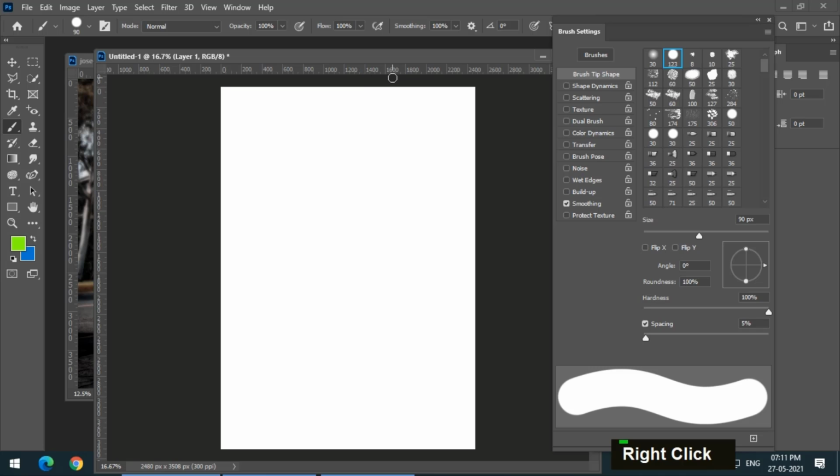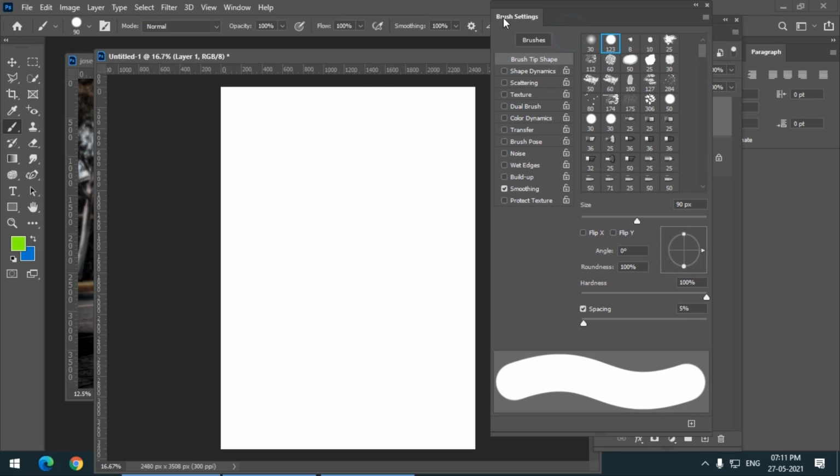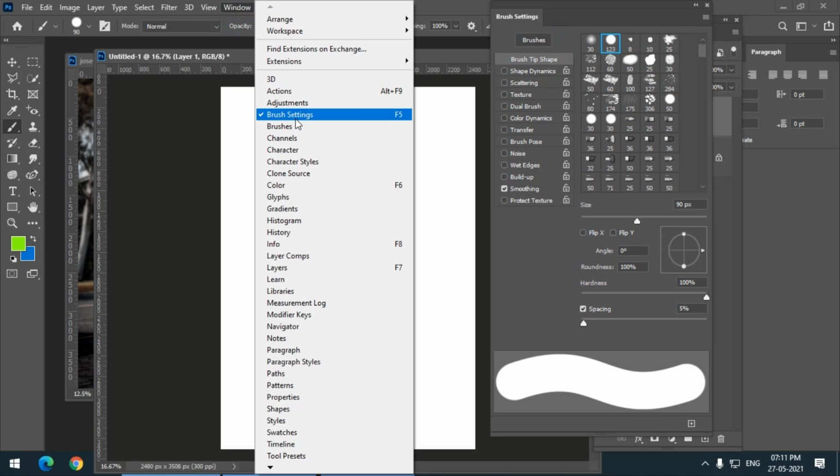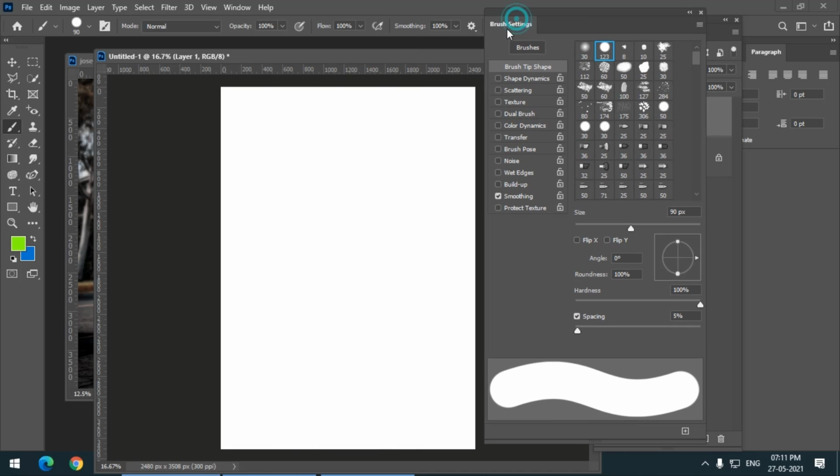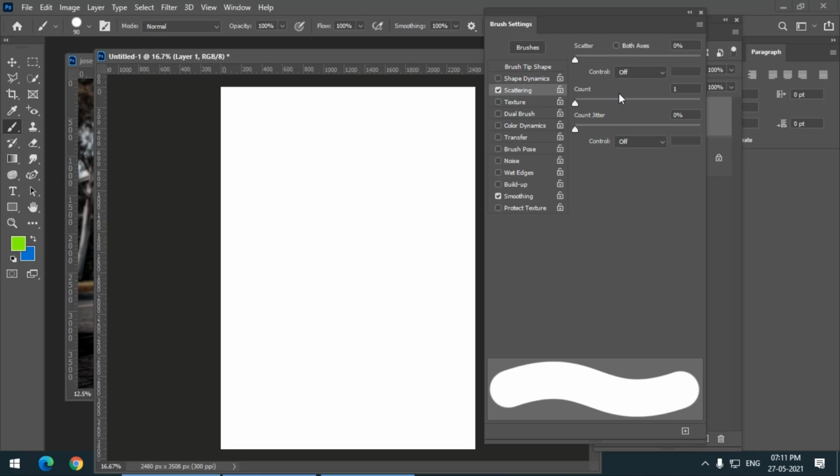Let me select the brush first. Using the brush settings, click on the scattering option, and we get these options. If we increase the scatter option, it will scatter.